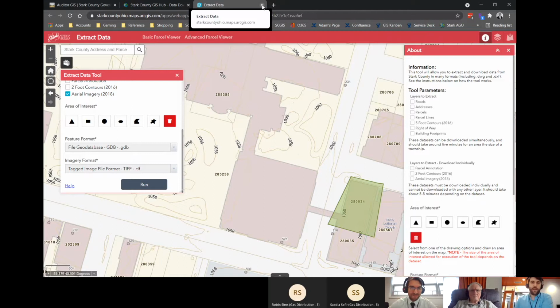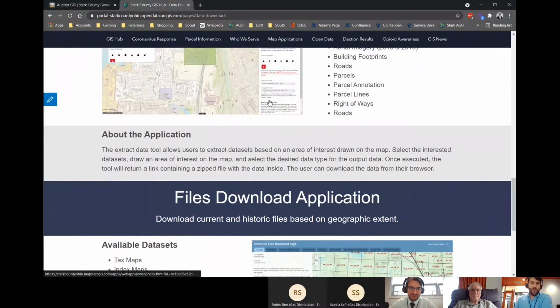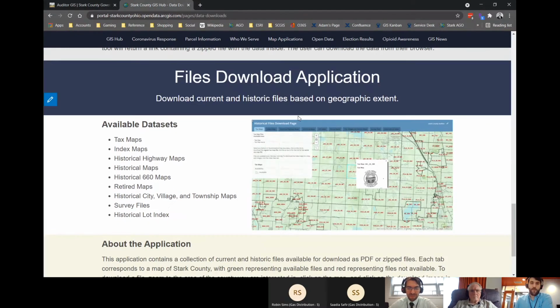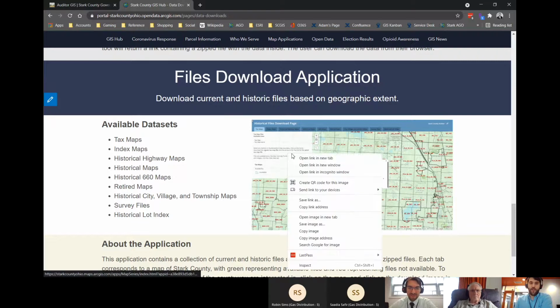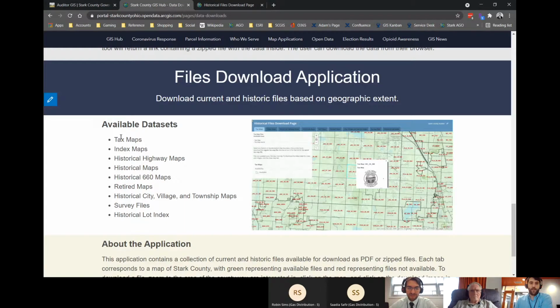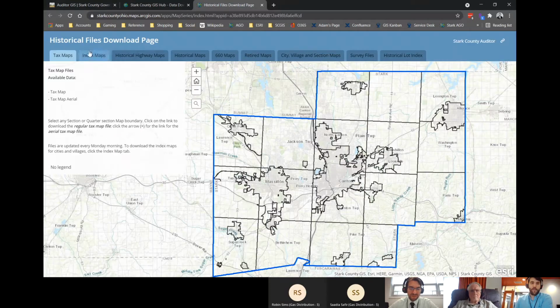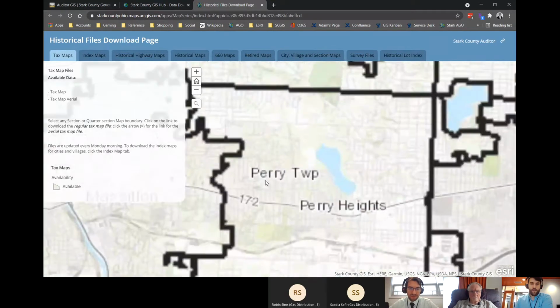So going back after this extract data tool, the other one I want to briefly cover is this historic download application. This is what's available through here. We have the current digital versions of tax maps available, as well as a bunch of historical ones, including survey files. If you go through these different tabs, this is how you would download each of them. So for tax maps or something,